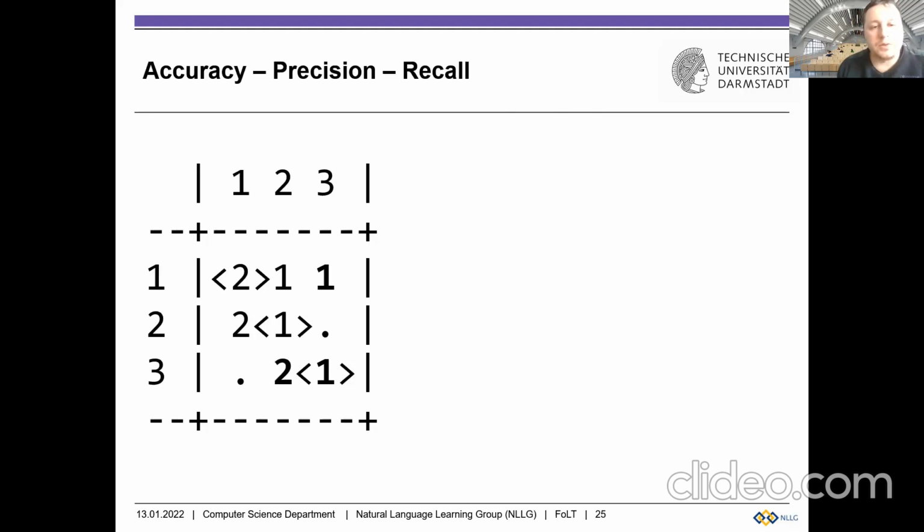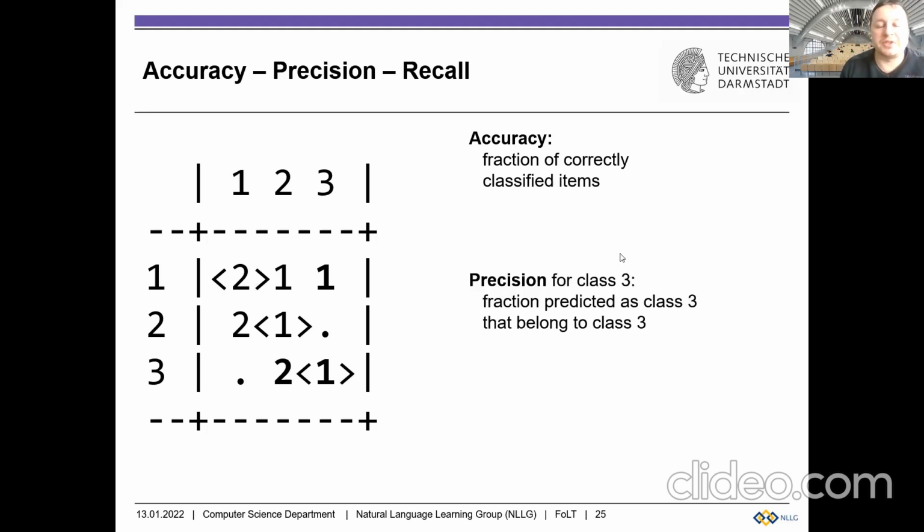So to summarize, we have the accuracy, which is the fraction of correctly classified items. We'll find this on the diagonal. Those items are correctly classified out of all items. We have the precision for class 3. This is the fraction that are predicted as class 3.